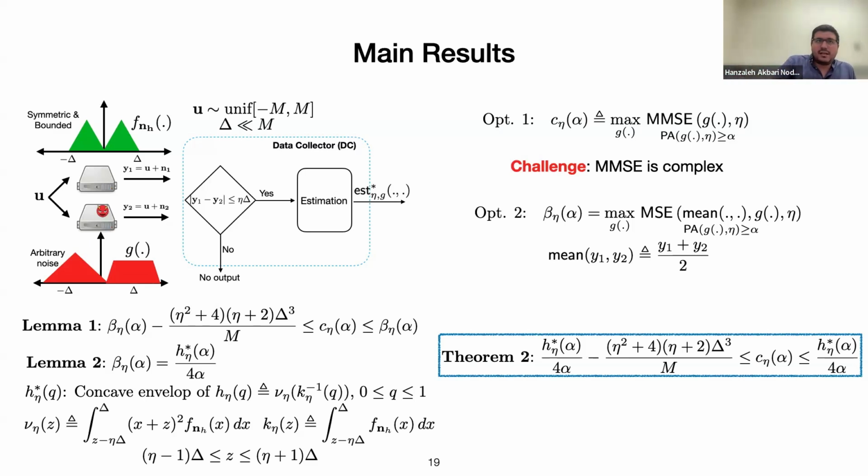But here in this example, and by the way, for some of these assumptions, in the next works we have resolved them. For example, we try to use machine learning based algorithms for the case that delta is not by far smaller than M, or eta is not in this range. We have some results for that too. But here we're assuming that eta is smaller than M. And if that's not the case, lemma 1 is not right, and the theorem 2 result, the first result that I claim, is not working. So that's the case.